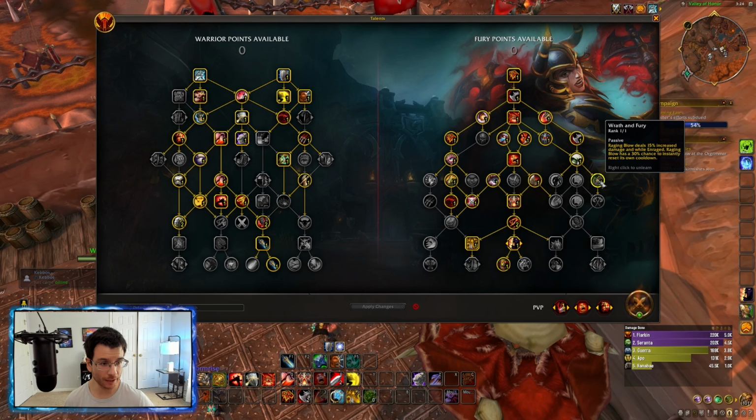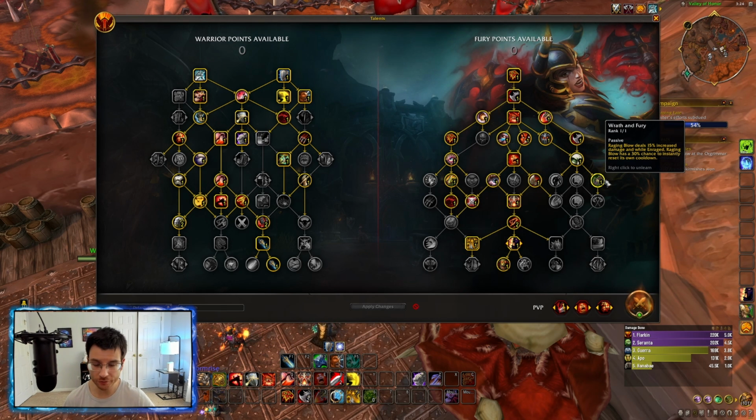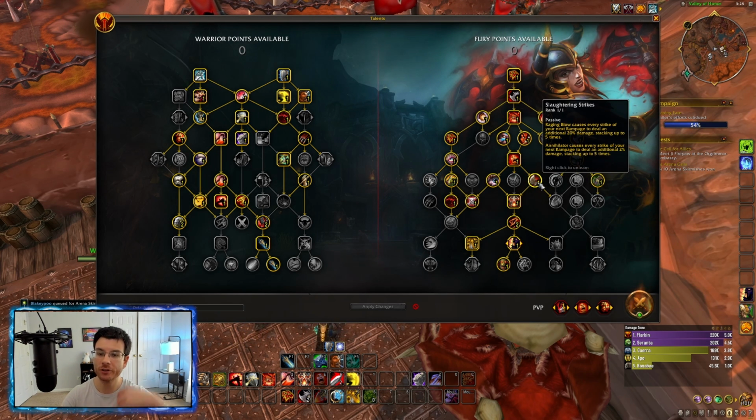Now you have Raging Blow doing even more damage. You can see all the Raging Blow modifiers are starting to creep up when you grab Cruelty and Wrath and Fury, right? So these things start building up those modifiers, and Raging Blow has a 30% chance to instantly reset. You see? So you're getting the Crushing Blow modifiers, you're getting the Wreck modifiers, and then you're resetting the cooldown over and over, which then helps you stack Slaughtering Strikes, which compounds that damage, and...